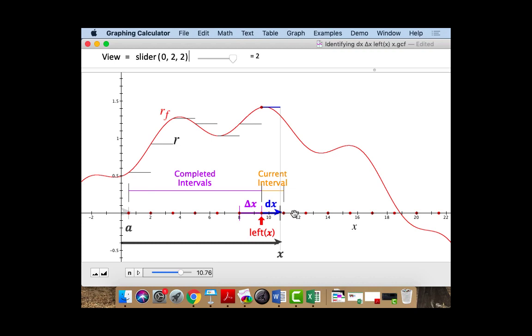So delta x we'll use in general, or delta t, for the fixed width, just our parameter that we're choosing for how often we're going to sample our exact rate function. And that also means how long I'm going to use one constant rate at a time. So I use this first rate for delta x, the second rate for delta x, the third rate for delta x, the fourth rate for delta x, and so on until I get to the interval that our x is in the middle of,